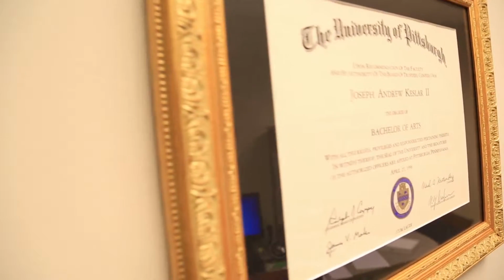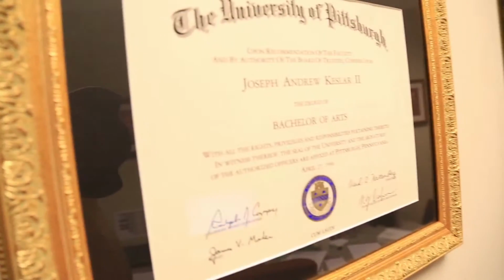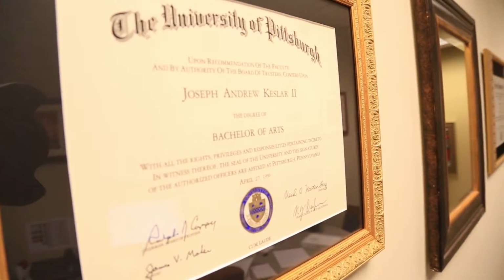Bachelor's first, and then I did go to law school and decided that I was not a 100-hour-a-week kind of guy, although I really enjoyed the subject matter, and I thought, there must be a way to make some money off of this interest of mine, and so I decided to be a law librarian. I had actually worked for a legal publisher many years ago, and so I'd been to all of the conventions that law librarians go to, so I already had a sense of what kind of people librarians were, and